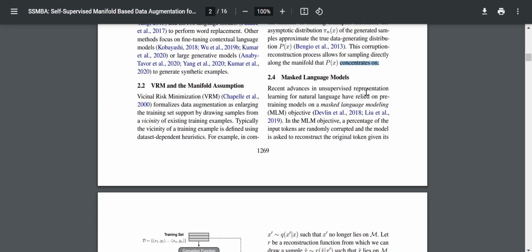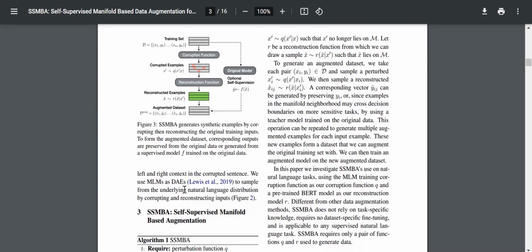Recent advances in unsupervised representation learning for natural language have relied on pre-training models on a masked language modeling objective. In the MLM objective, a percentage of the input tokens are randomly corrupted, and the model is asked to reconstruct the original token given its left and right context in the corrupted sentence. We use masked language models as denoising autoencoders to sample from the underlying natural language distribution by corrupting and reconstructing